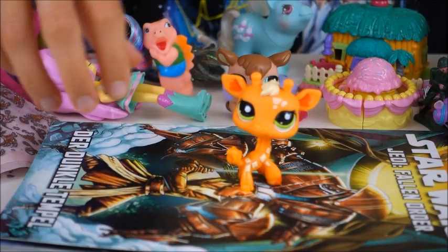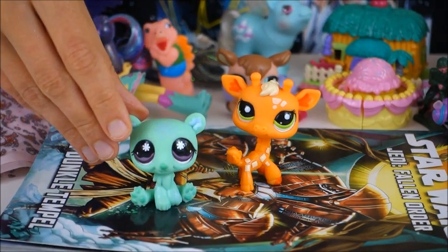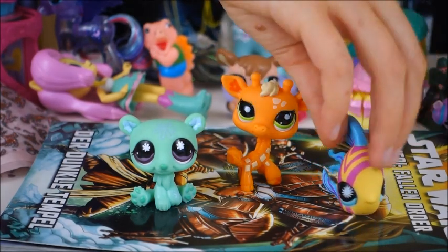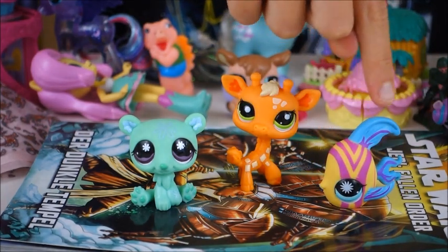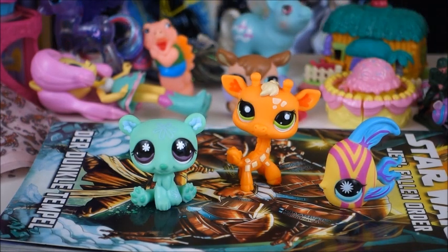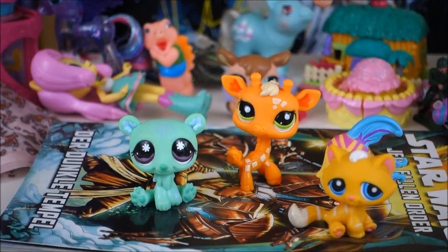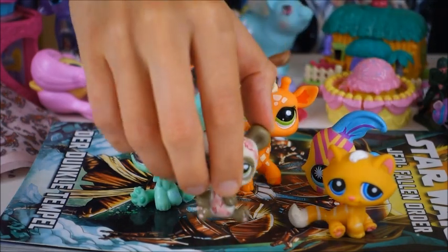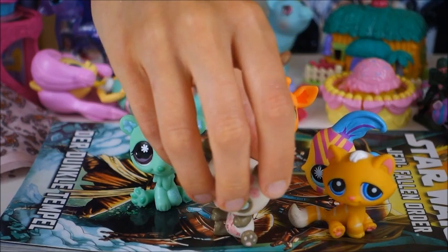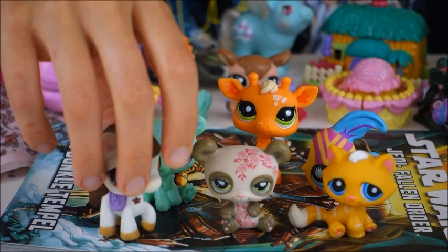So I picked up this little giraffe, this green bear, this fish. For some reason I always tend to take the fish, although I have several of this mold right now, because they are so colorful and kind of ugly cute, but I really like them. Then I picked up this little orange kitty, this panda bear with cherry blossom markings, which I think is really cute. I picked up this horse,